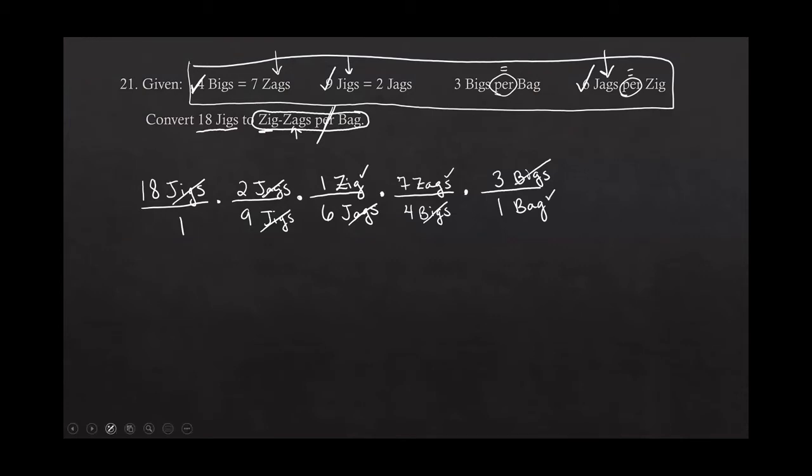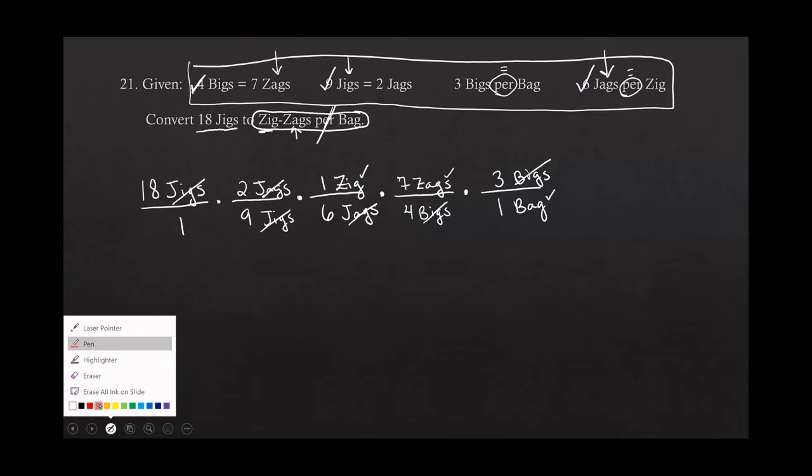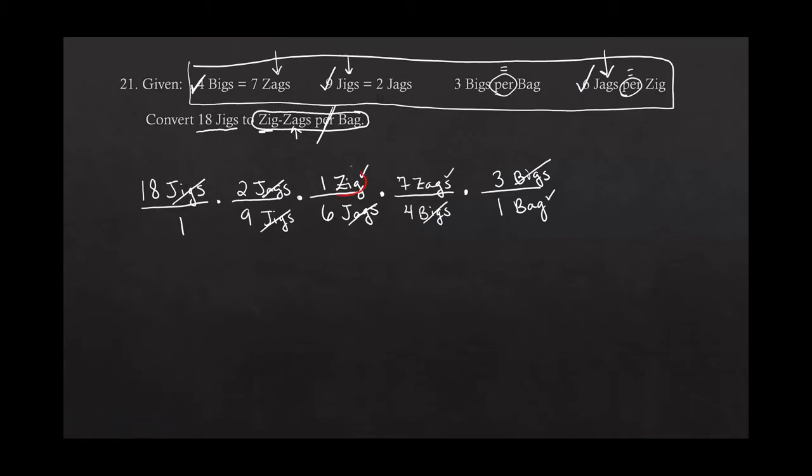So if we look at our units that are left, we have the zig, zags, and then per, because that's our fraction bar, bag, which is exactly what we want. So this is how we can tell that we are officially done. All right, at this point, just like in every other one, just do the multiplication and division out to get your final answer. This one, I believe, works out to be 3.5,